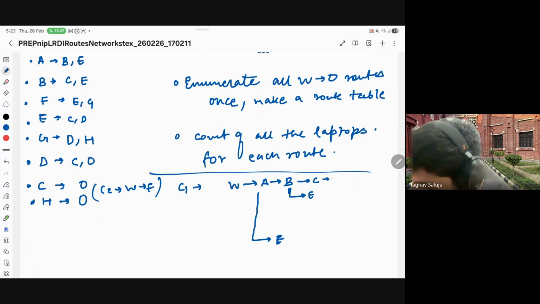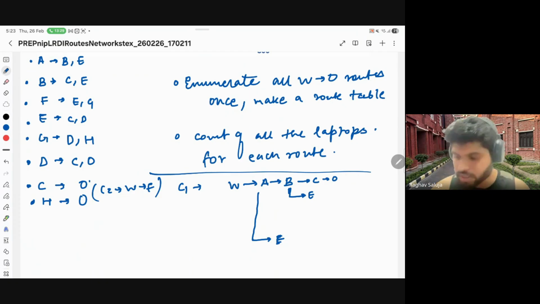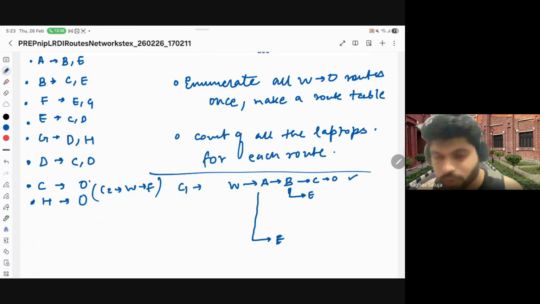C से आई कैन ओनली गो टू ऑफिस। यहाँ देखो, C से आई कैन गो टू ऑफिस। तो ये वाला पाथ हो गया मेरा, ये वाला पाथ मेरा कंप्लीट हो गया बिकॉज आई रीच ऑफिस।